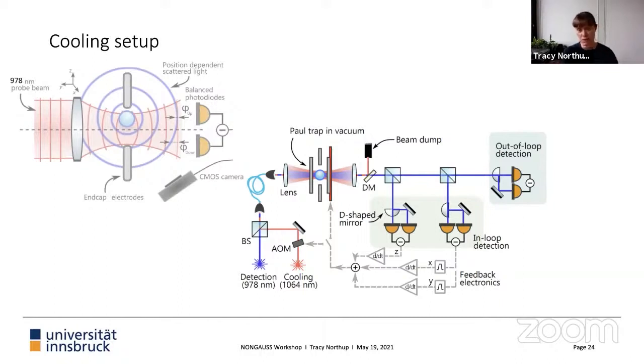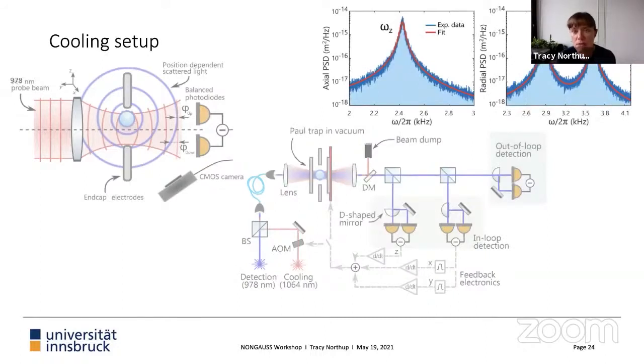And so that's what's done first with feedback electronics to separate out the particle. And finally, you see also a third pair of these balanced photodiodes for monitoring the position in an in and out of loop scheme. Okay, so this is already describing what we see here. So this is a picture here of the power spectral density from the different modes, looking at what you would see for both the Z and the X and Y. So I've just described, it's depicting what I've already told you, that we actually have 3 non-degenerate modes of motion here in the kilohertz regime.